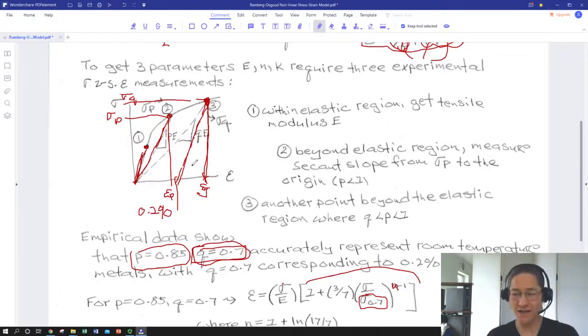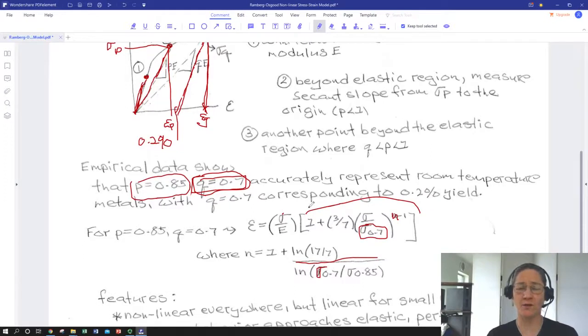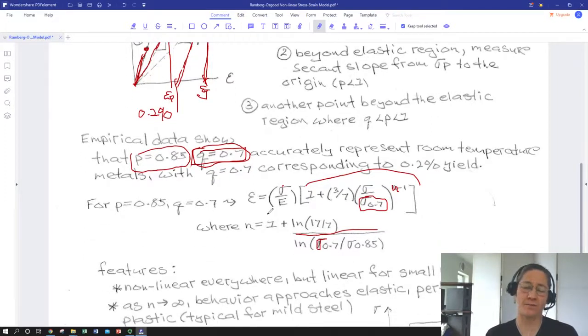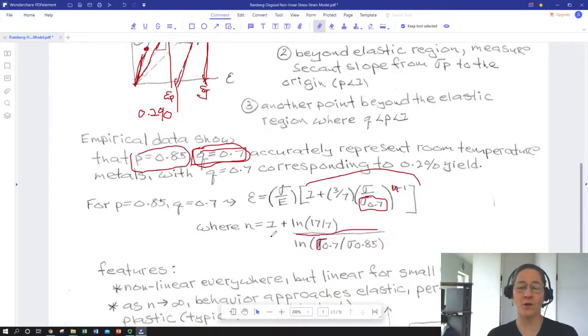So that gives us an extra check that our test data doesn't have a problem. So we're working with a well-known characteristic of the material, a tested quantity. Okay, so our N, which ends up being the same as one of our big parameters in the general Ramberg-Osgood